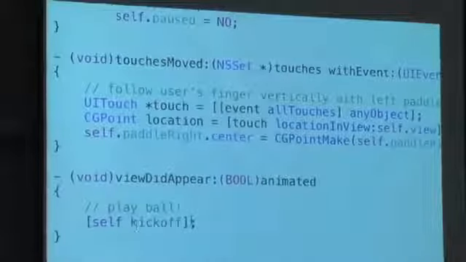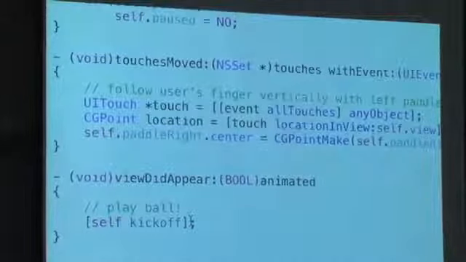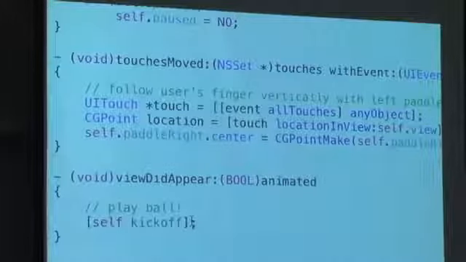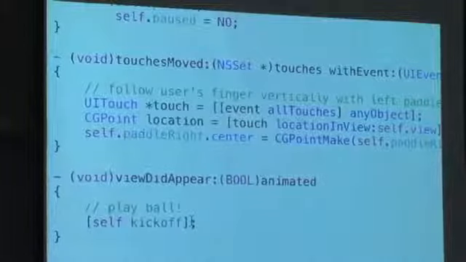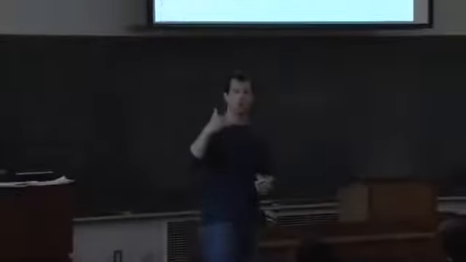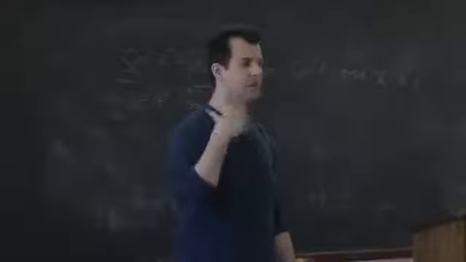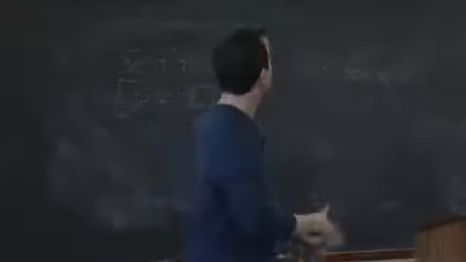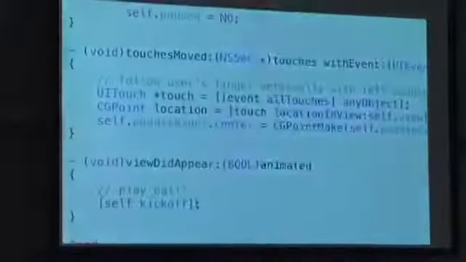And this is all I have for view. In this game, because I've constructed a lot of it in the nib, I don't need to do as much in viewDidLoad, but I do need to start the game when the view comes into display. So after viewDidLoad, you automatically call a method called viewDidAppear. So just because it's been allocated doesn't mean the user can see it. When the user can actually see the state of the world, this method's invoked,